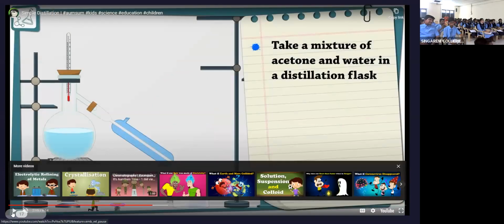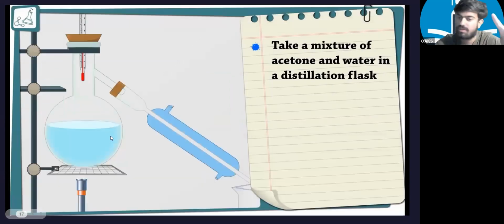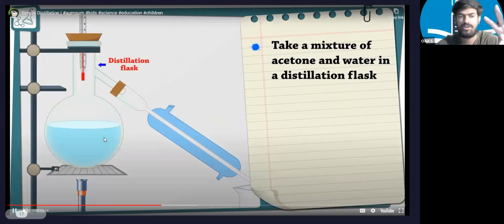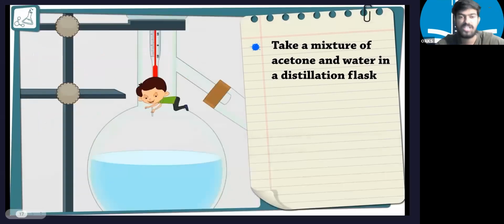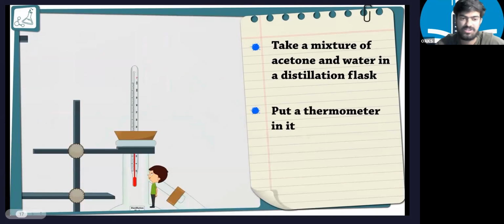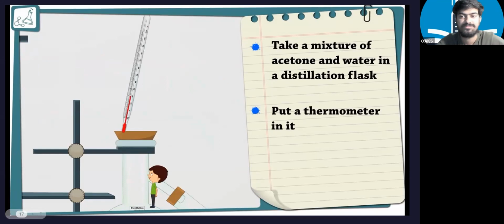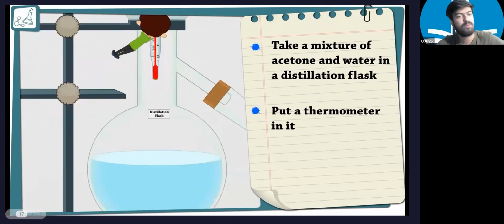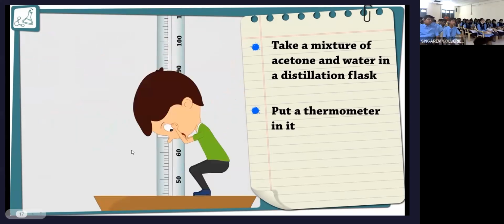That's great. So we are going to take a mixture of acetone and water. Which kind of water? We can take distilled water or simple water. Okay. So this is the flask, and in this flask, we are just going to name this. This is known as a distillation flask. And does everyone know what this is? Thermometer. Now why have we used this thermometer? Just to take care of the temperature. Yes or no? Yes.